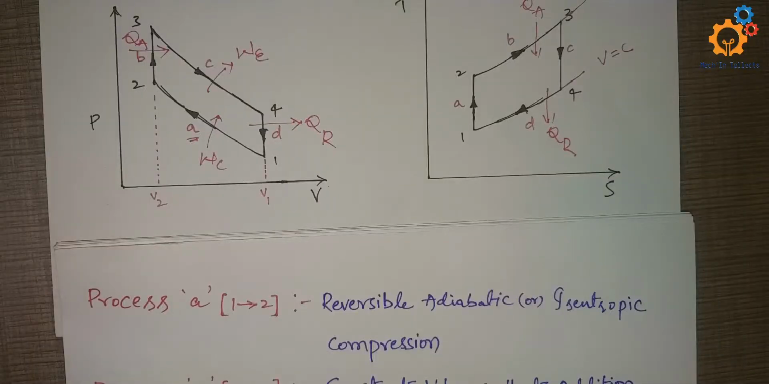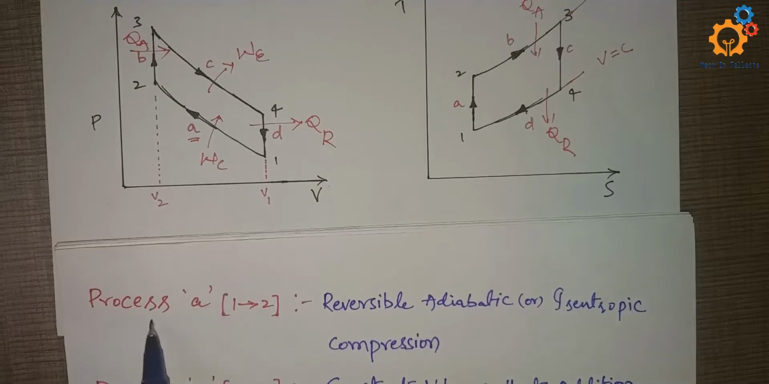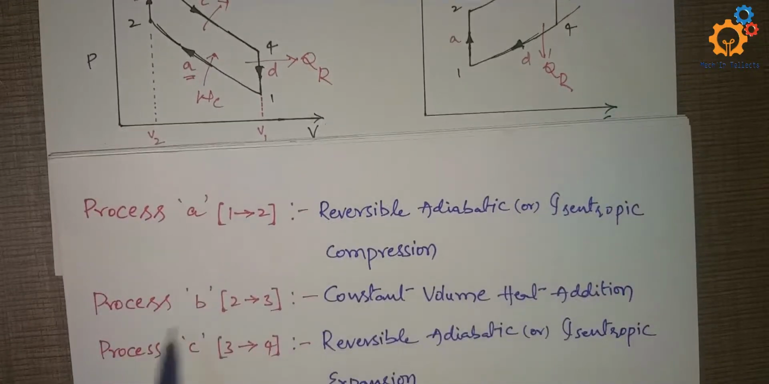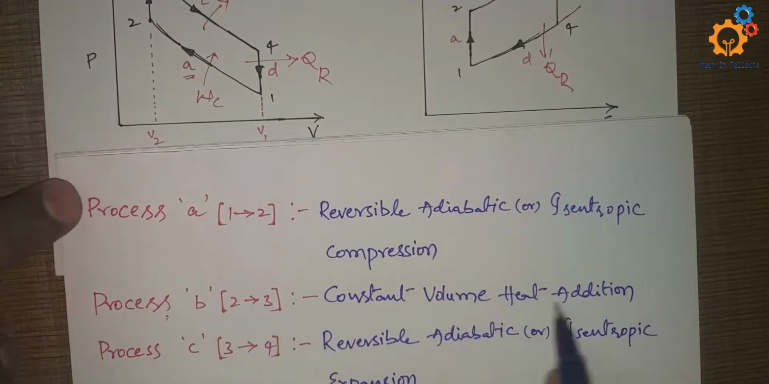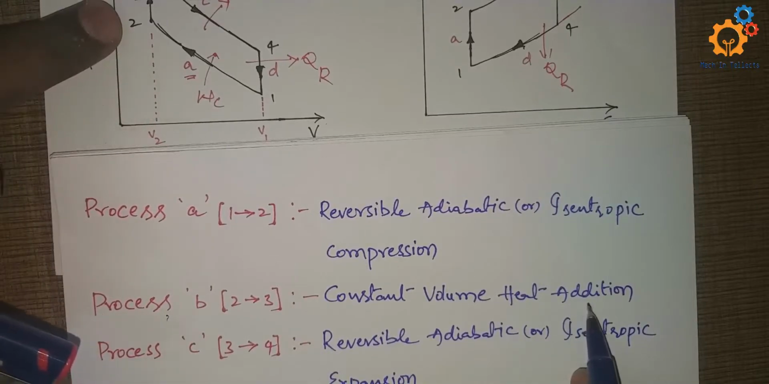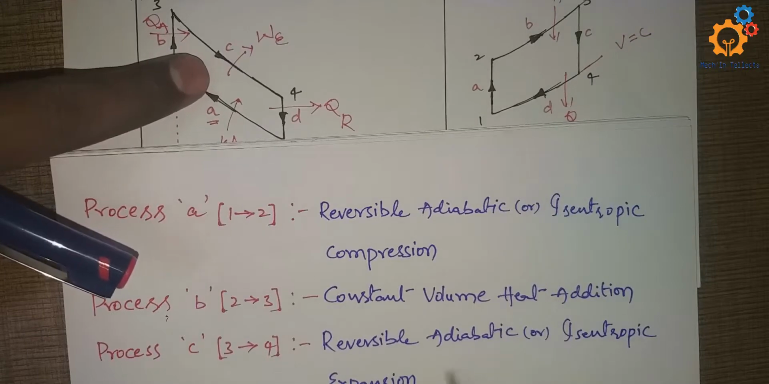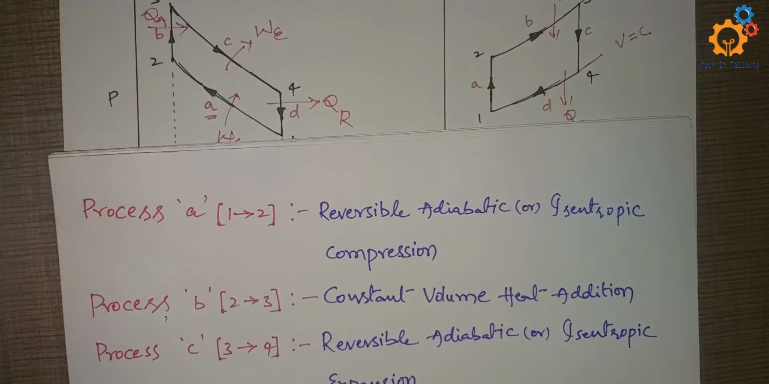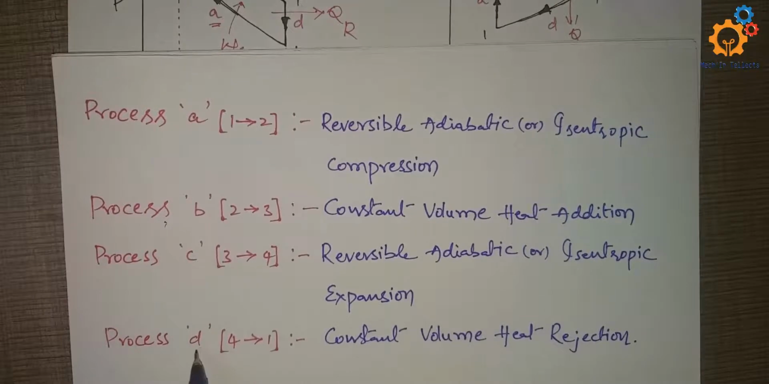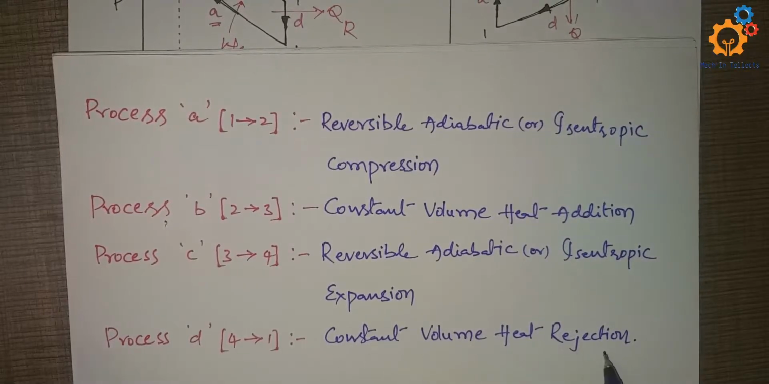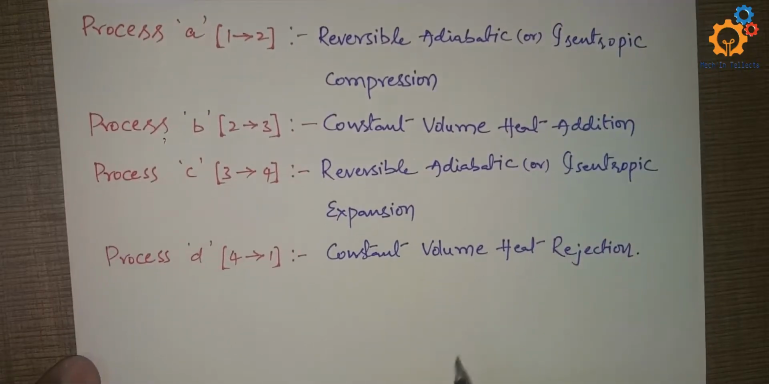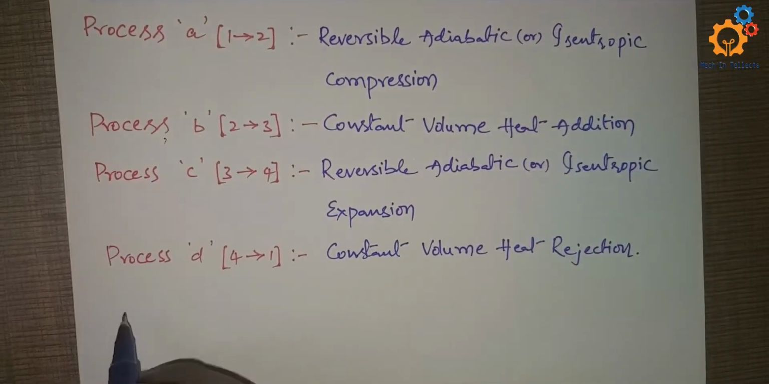These are the processes from process 1 to 2, that is A, reversible adiabatic or isentropic compression, and process B, constant volume heat addition, and process 3 to 4, that is C, reversible adiabatic or isentropic expansion, and process D, constant volume heat rejection. Okay, and now we will see the expression for